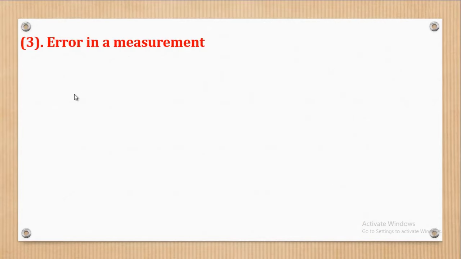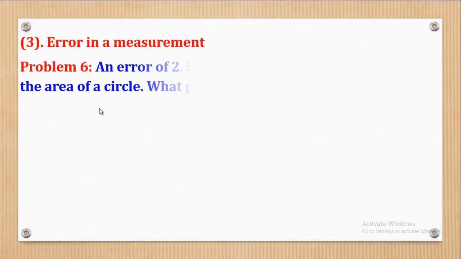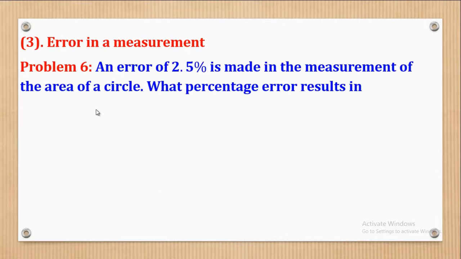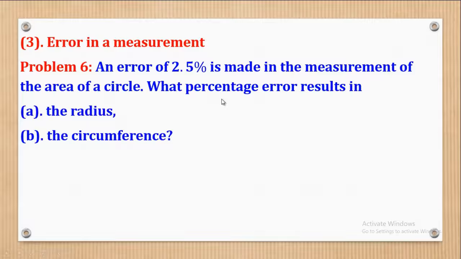So now we shall go to error in measurement. So we shall start with problem 6. It says an error of 2.5% is made in the measurement of the area of a circle. What percentage error results in (i) the radius, and (ii) the circumference? In other words, they want the percentage error in radius and also the percentage error in the circumference of the